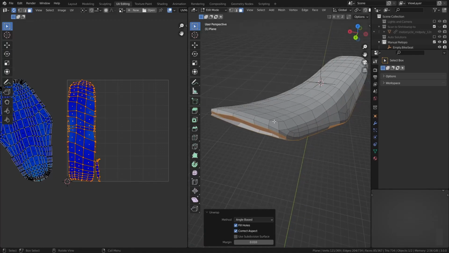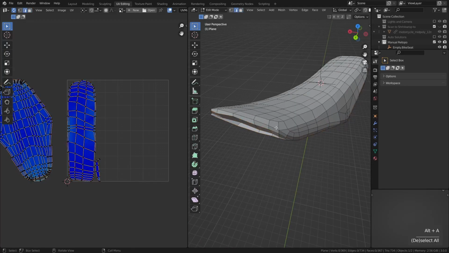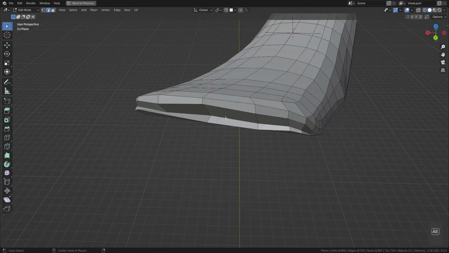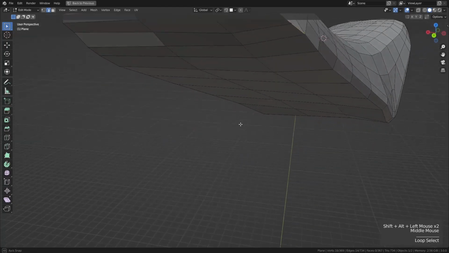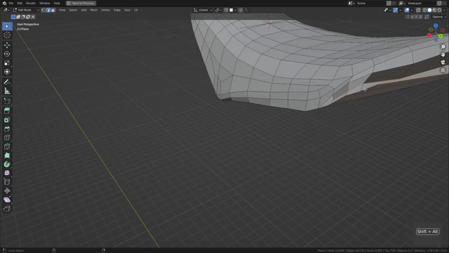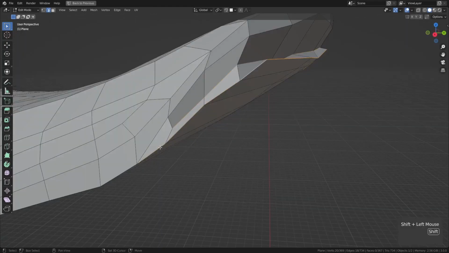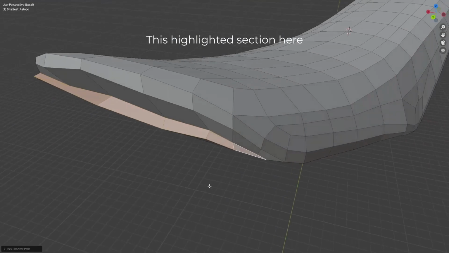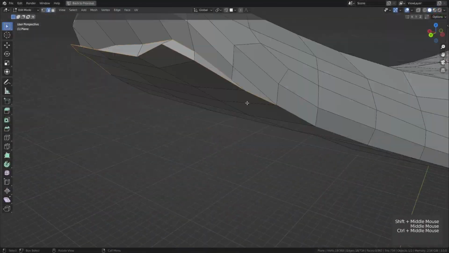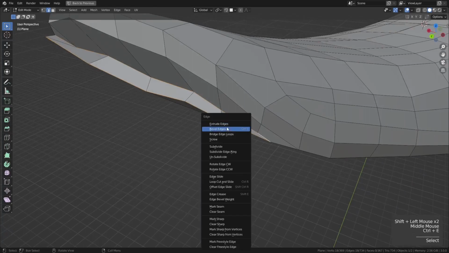So I'll start by switching to edge select mode. Alt A to deselect everything there, and then Alt left click this edge loop here, and then let's Shift Alt select this edge loop and this area here and this area. And I'm going to deselect that, and I'm just looking for this section that kind of hides underneath part of the back end of the seat. I'm going to select this one and shift select this one and then go Control E and then